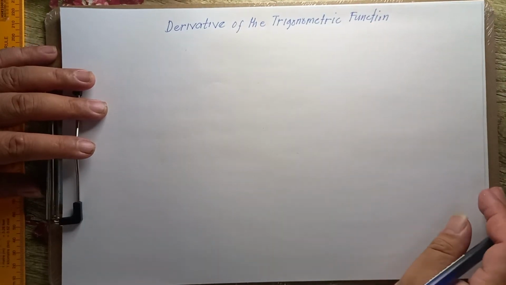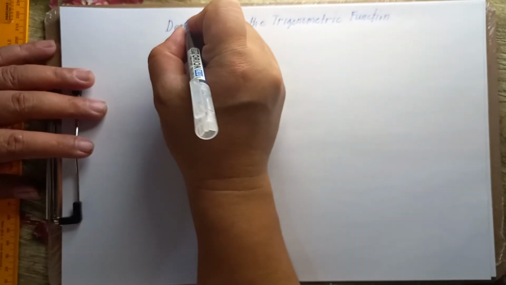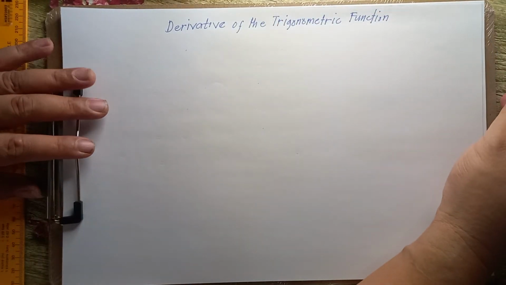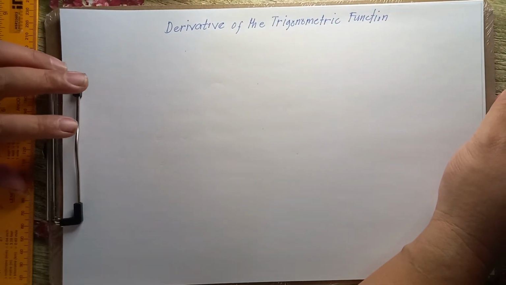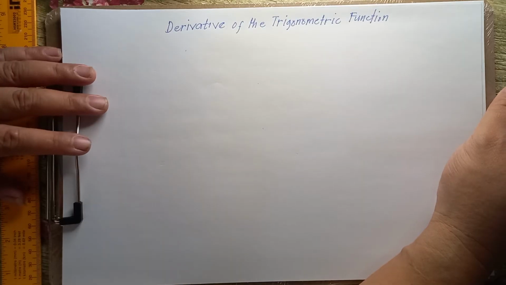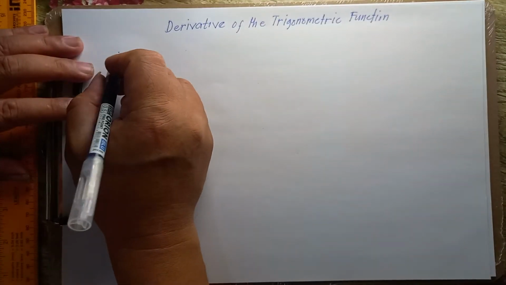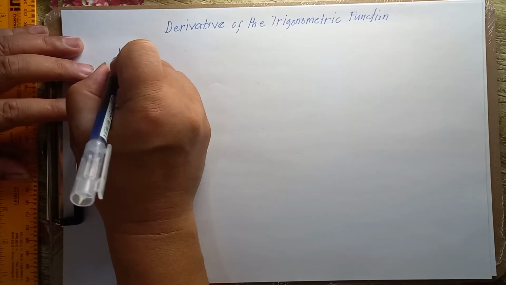Okay, so our focus is finding the derivative of the trigonometric function. Before we find the derivative of the trigonometric function, we have to look for the rules. We have to apply the different rules. So, number one rule states that,